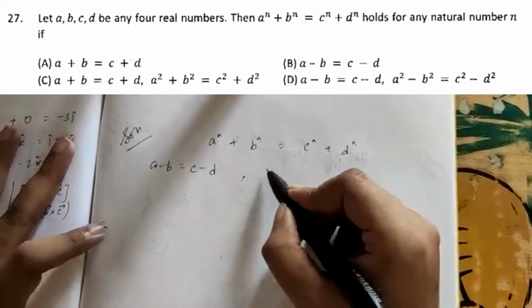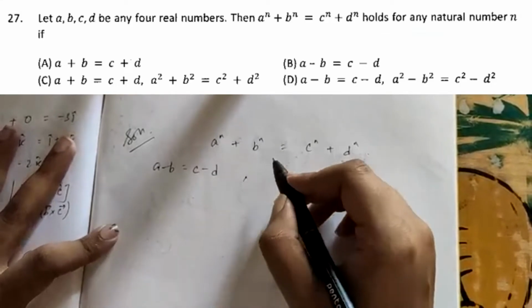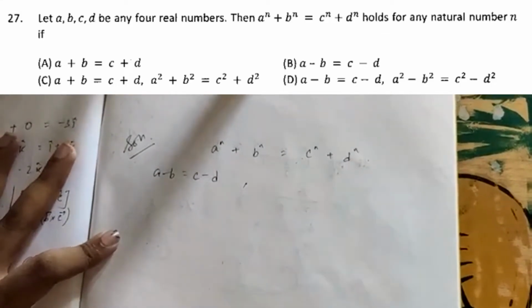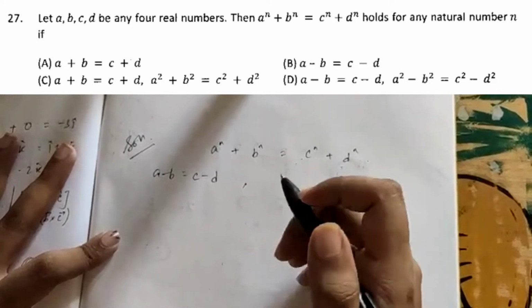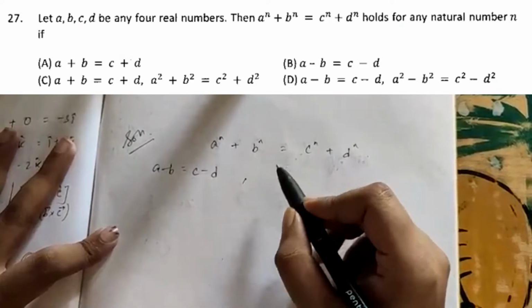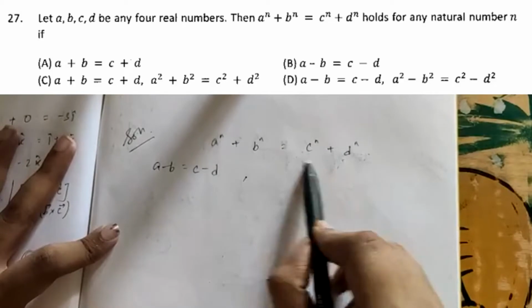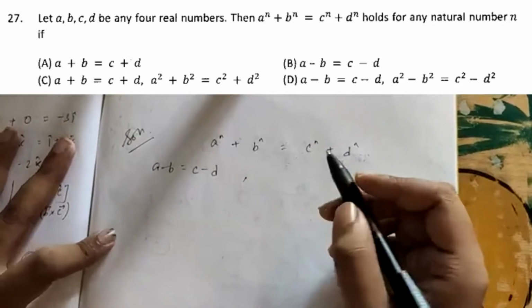Okay, so let's check it. A minus b equal to c minus d. In the question, it's been said that a, b, c, d are any four real numbers, and this condition holds for any natural number n if...